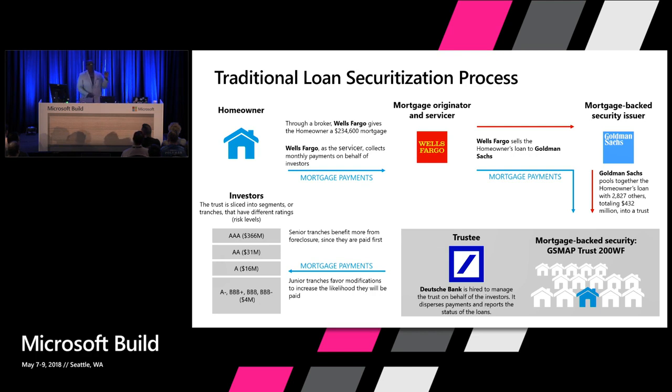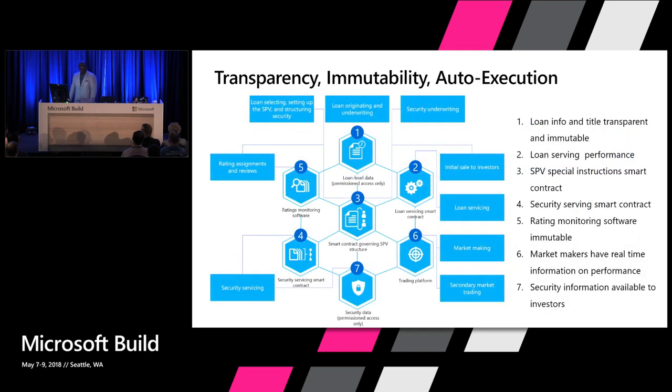And again, it was working great for 30 to 40 years until it got a little bit out of hand, because of, as I mentioned, some of the 4 things that drove the marketplace to go to the bottom. So what we saw from our client standpoint is them saying, look, we need something that is going to give us one source of truth, right? And this is where the business case starts to be developed. If we can make sure that the loan info and title are transparent and immutable, we won't have to worry about when I buy that mortgage and it goes to somebody else that it got changed. Because along the way, I can change all of that information, right?